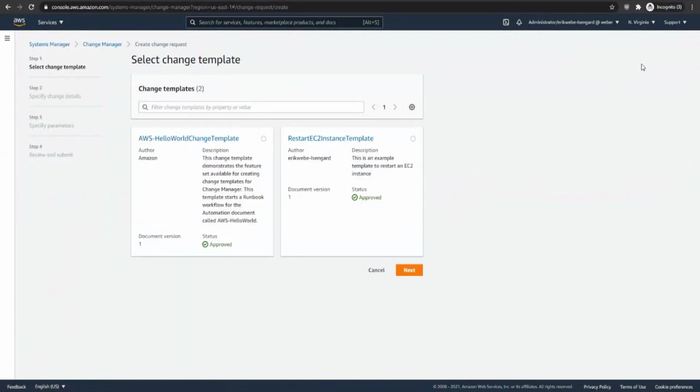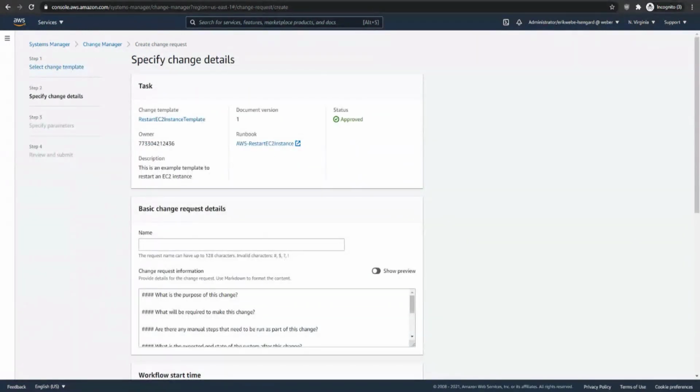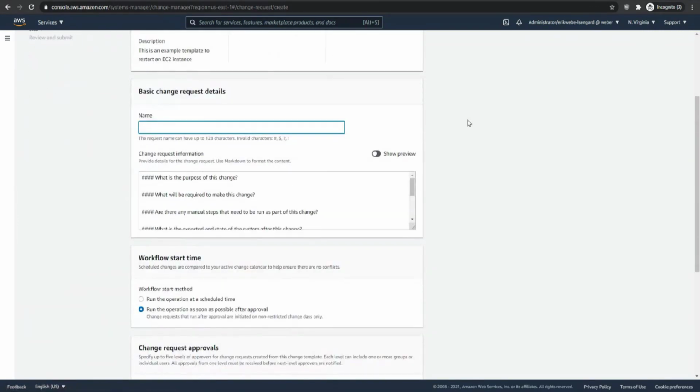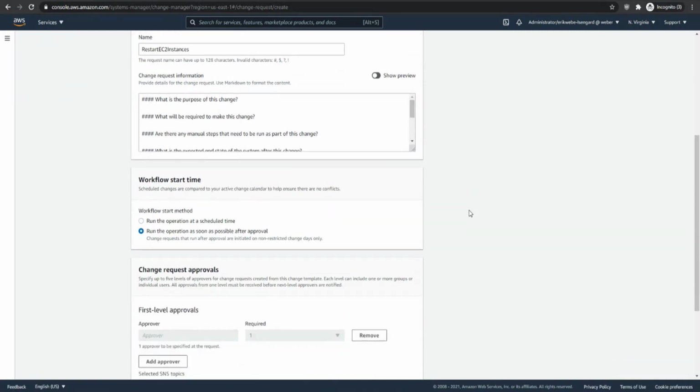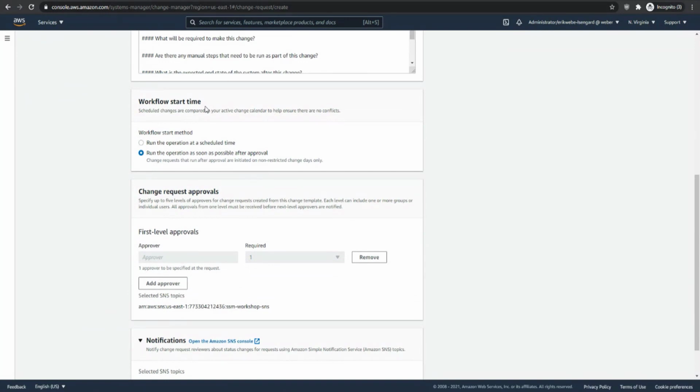So we'll select create request. We'll select our template that we created, and then we're going to fill out the details of our change request itself. So again, the template that we're using is the one we created, which will then call AWS Restart EC2 instance. So our change request, we'll just call it Restart EC2 instances. You can optionally fill out our change request information that was specified earlier, and then we'll go ahead to the